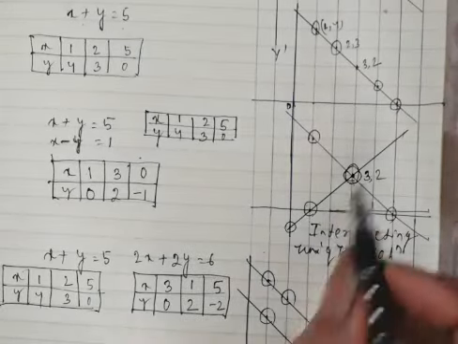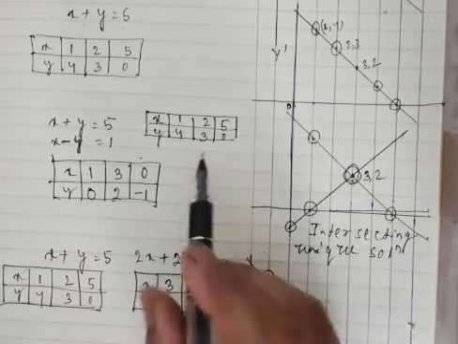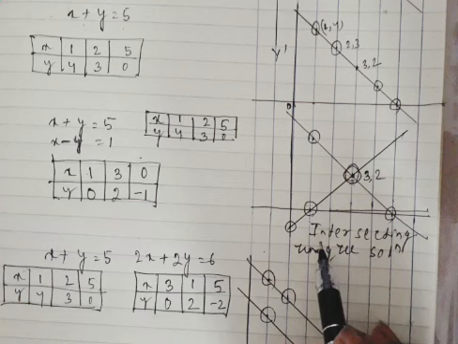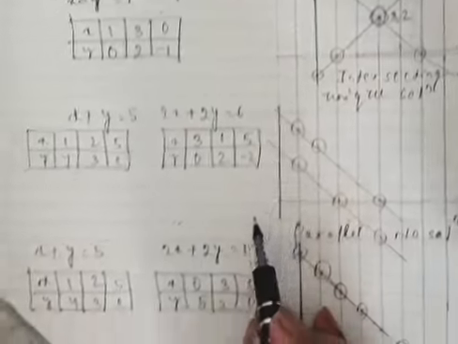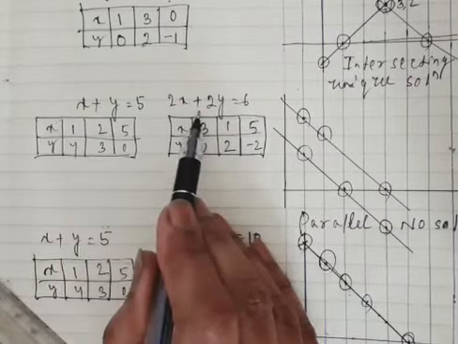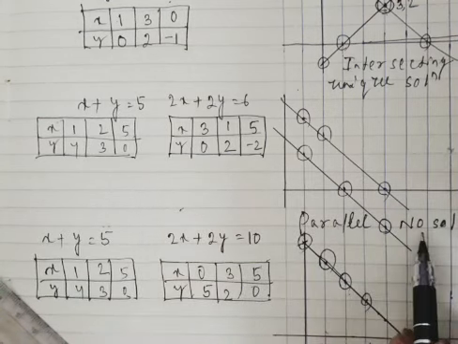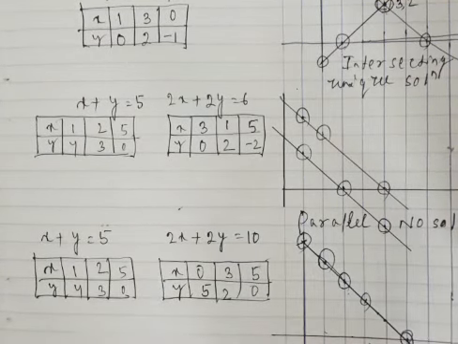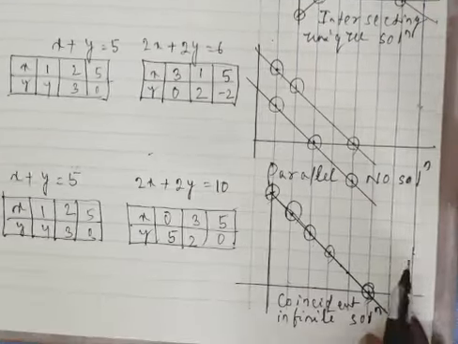So you see, from the above graphs, we have three pairs of linear equations: the first pair, the second pair, the third pair. In the first pair, from the graph we found the lines intersect each other, or we can say the lines are intersecting in nature, they have a unique solution. In the second pair, after constructing the graph we found the lines are parallel, and in that case no solution. And in the third case, the lines are coincident, and they have an infinite number of solutions.